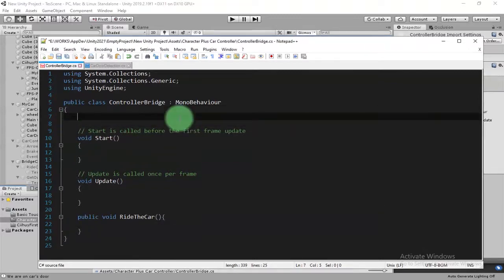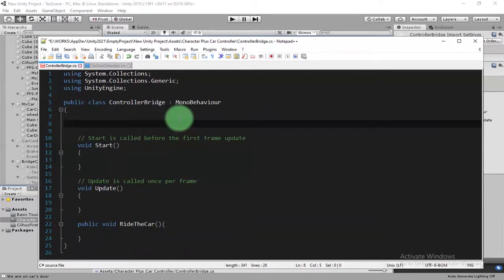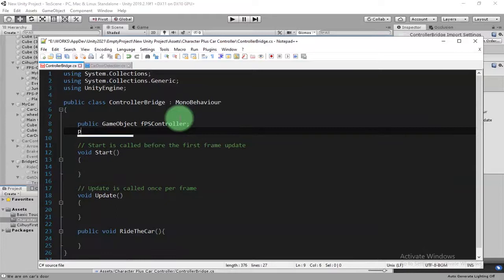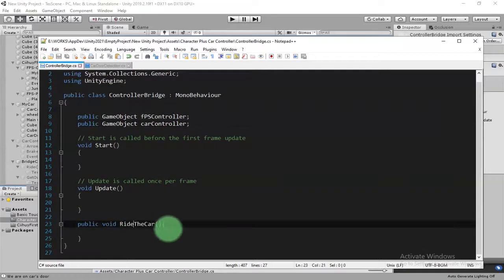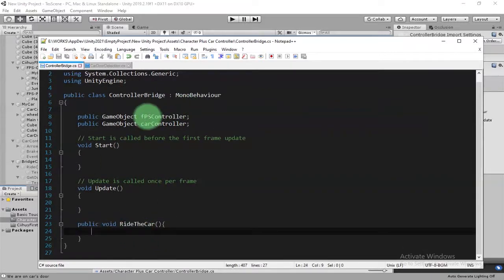Here we are going to create two public game object variables: public GameObject FPS controller, and the second, public GameObject car controller. When we are riding the car, we should disable the FPS controller. So here we will do the same thing as before. It's a very simple thing, but very useful: SetActive